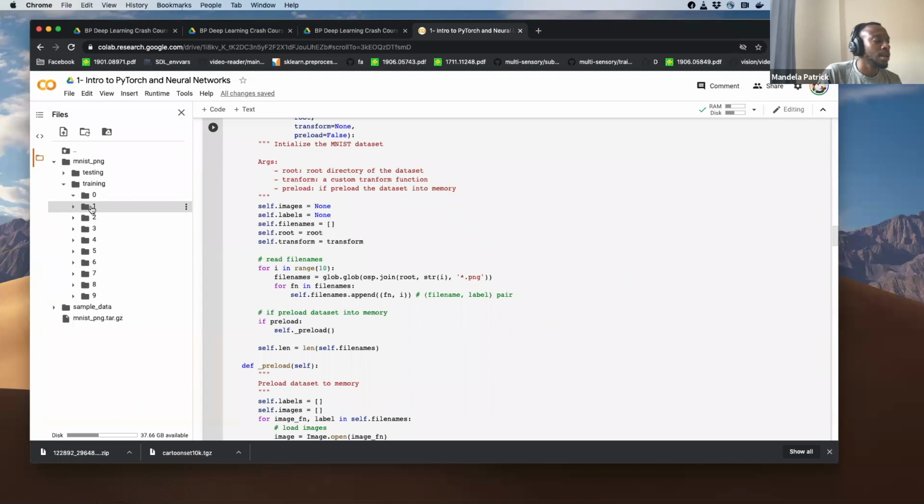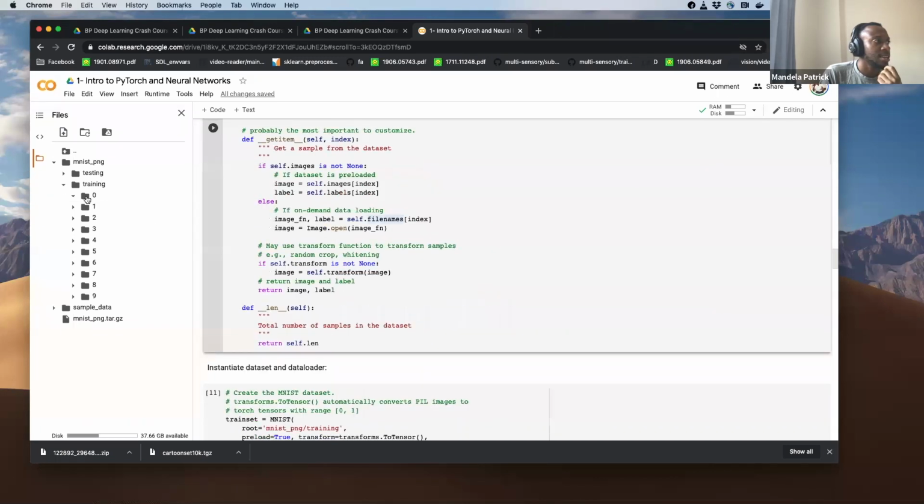Every image of 1 is under the 1 folder. All of the 0 images are in the 0 folder, all of the 1 images are in the 1 folder.